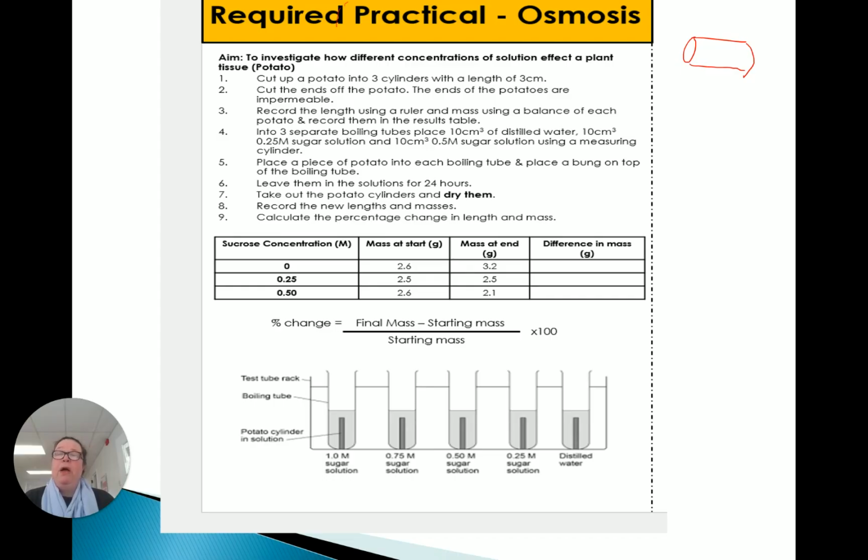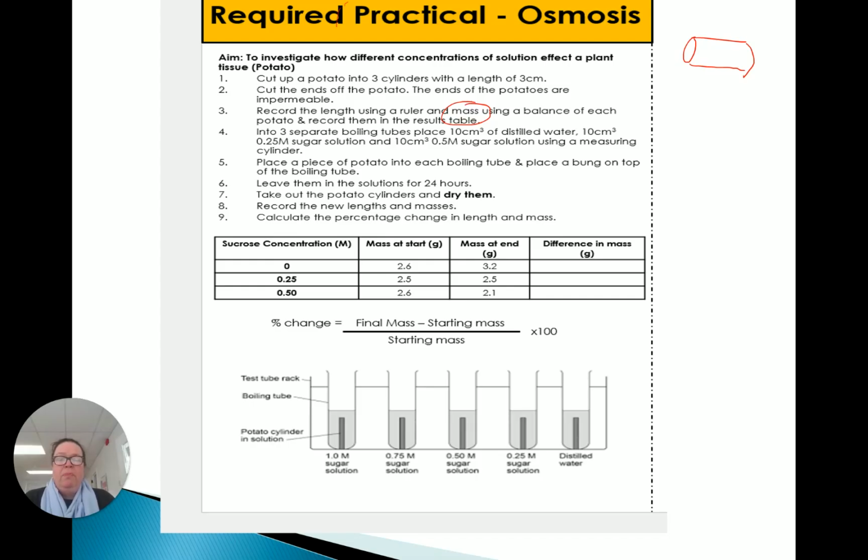Now you're never going to get them the perfect 3 centimetres, all of them, but you want as close to it as you can with a ruler. Cut the ends off the potato because they're impermeable. Nothing can move through the ends where there's skin. Record the length using a ruler and the mass using a balance. Okay, so we're taking the mass of these potato cylinders,